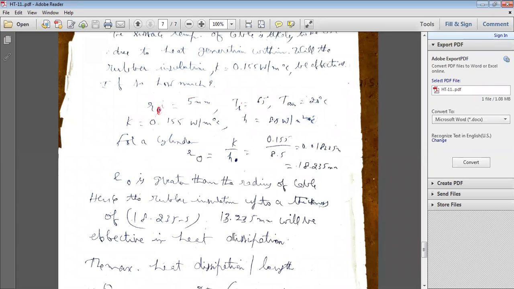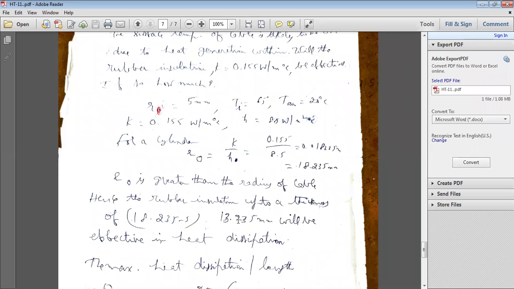So what is the objective here, the aim in any electrical system? The heat is to be dissipated out. Then only the cable is safe. Otherwise, heat is not dissipated to the convective outside environment air. Then your cable gets heated up, more heat is developed inside the cable, and your cable may be damaged.